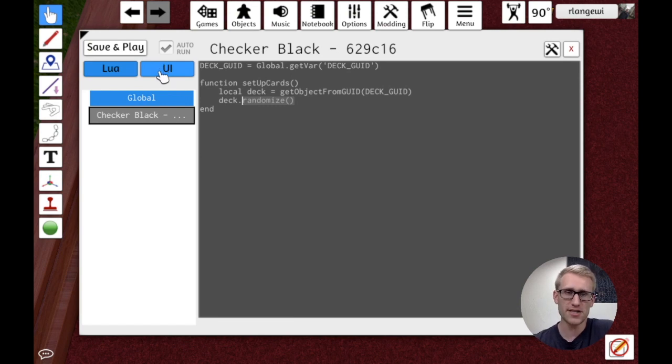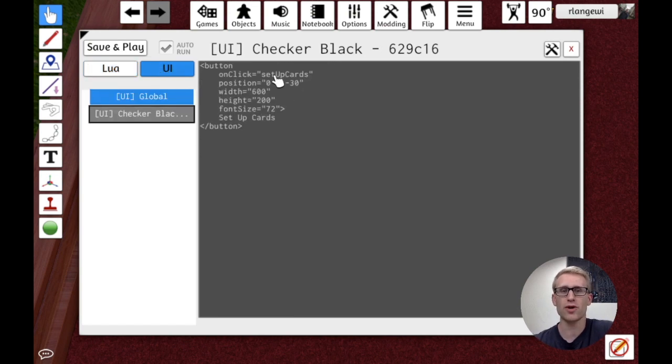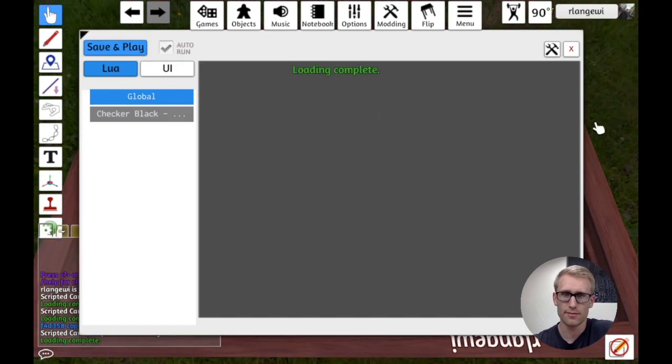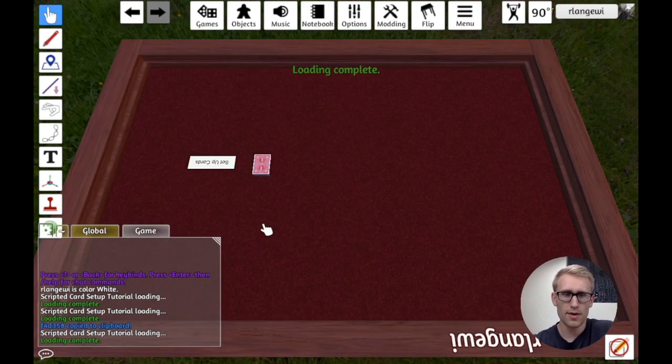So if I did this correctly, what should happen now is when you click the button, it should call setup cards, which should come in here. It should grab the deck object, and then it should call randomize on that deck. So if we save and play here,